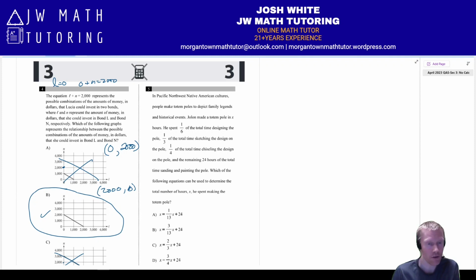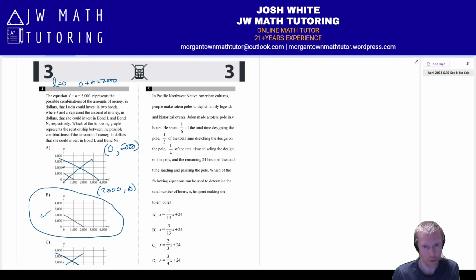Or you could rearrange this to get the slope of it and find it that way, but I think just finding a point from the function and then seeing which graph goes through that point is probably the quickest and easiest way. All right, in problem number 5, you do have to do a little work with fractions here,